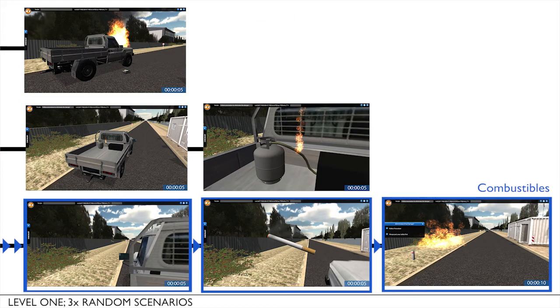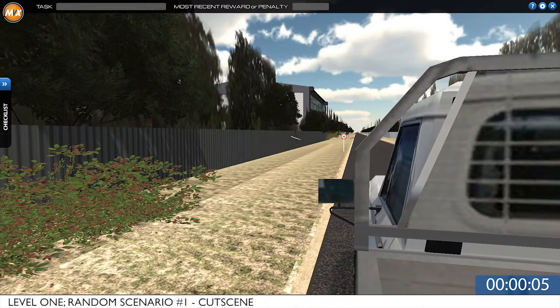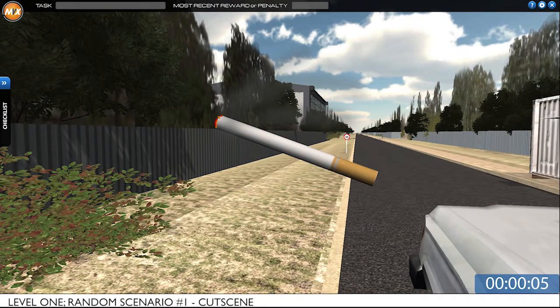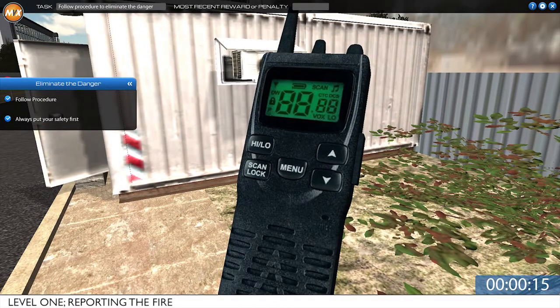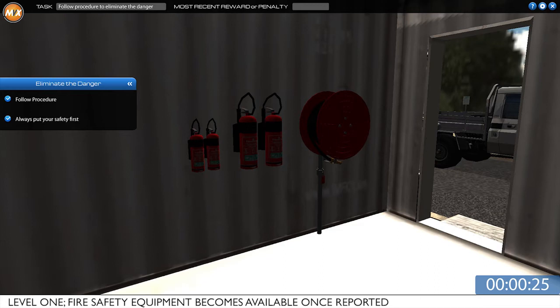combustibles fire. Once the user has been shown the cutscene of the emergency situation, they must then, using the knowledge collected from the library, safely perform the correct fire safety procedure to eliminate the danger. In each scenario of Level 1, this procedure is started by reporting the fire. Once this is done, a choice of fire equipment becomes available, and they must correctly identify the best equipment for